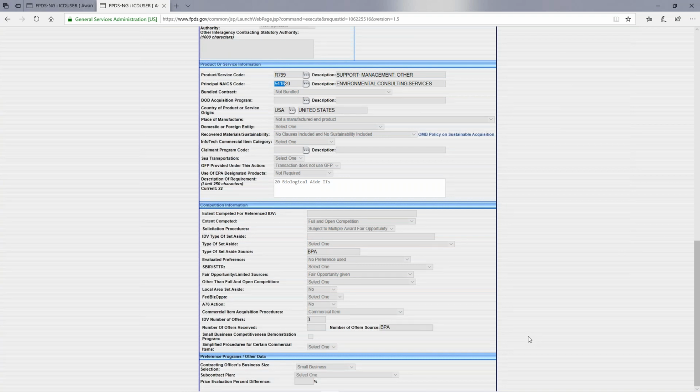Because NOAA has made the determination that, hey, anything that starts with 5416, we're going to widen the scope, widen the net, and check that to make sure whether it could have gone through our category management domain or not.